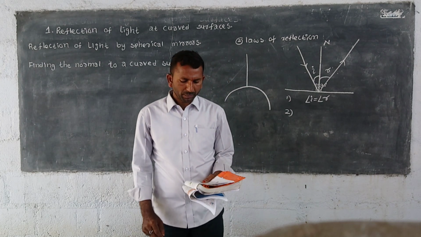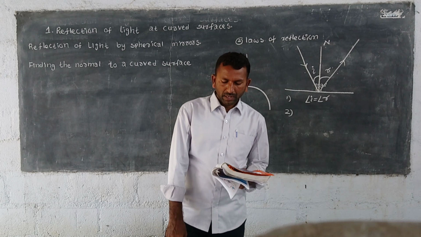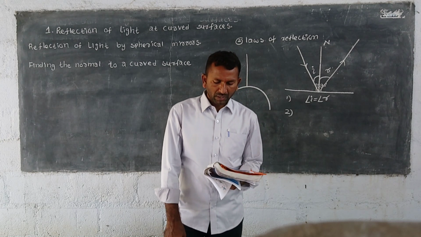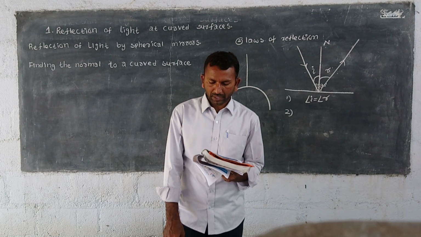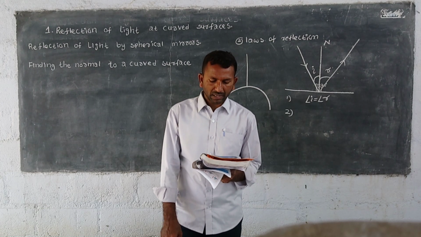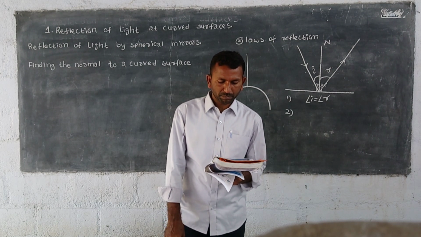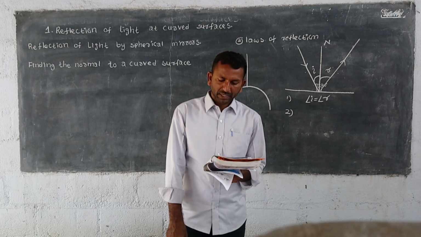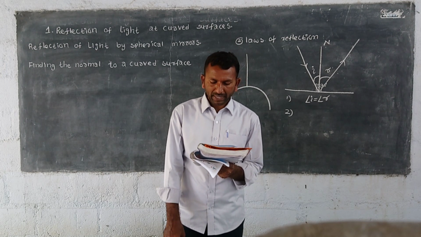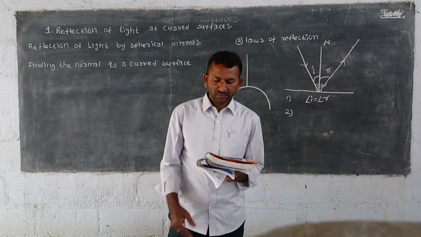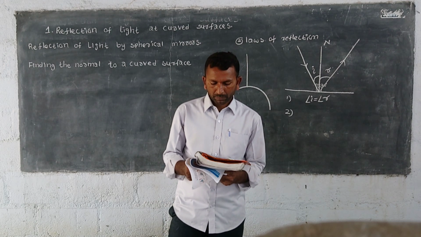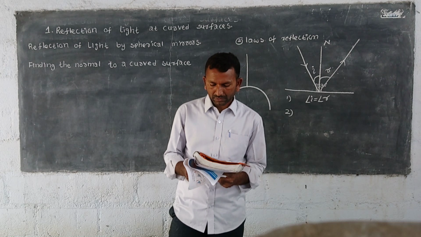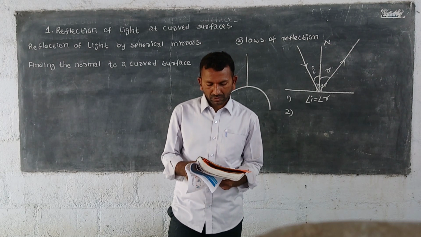Now bend the foam piece inwards as shown in the figure. What happens to the pins? They still represent the normal at various points, but you will notice that all the pins tend to converge at a point. And next, if we bend the foam piece outwards, we will see the pins seem to move away from each other, or in other words, they diverge as shown in the figure.